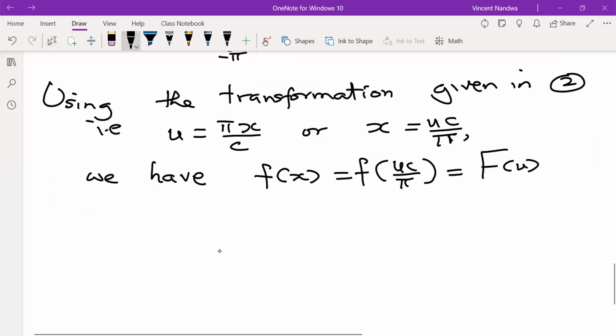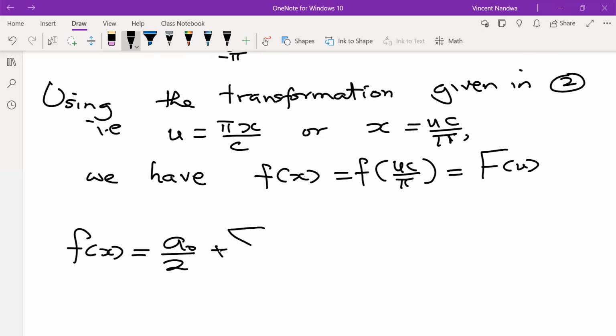And so we'll have f of x, now the function defined from minus c to c, will be given by a naught over 2 plus summation n from 1 to infinity a n times cosine of